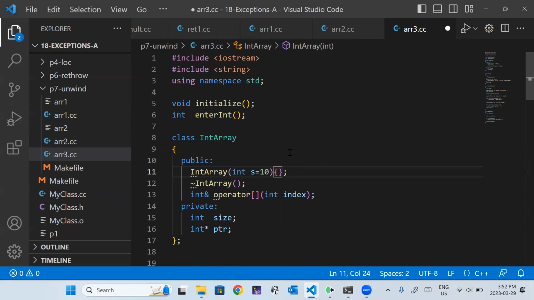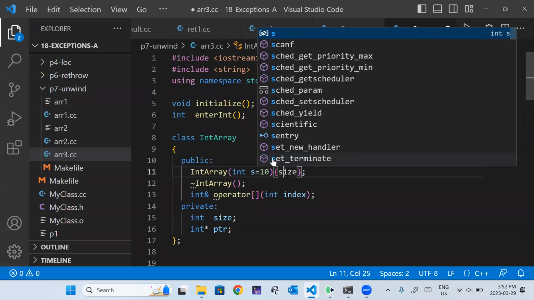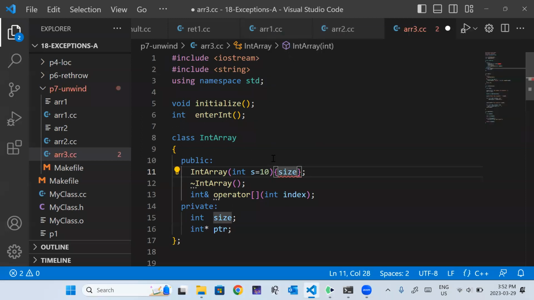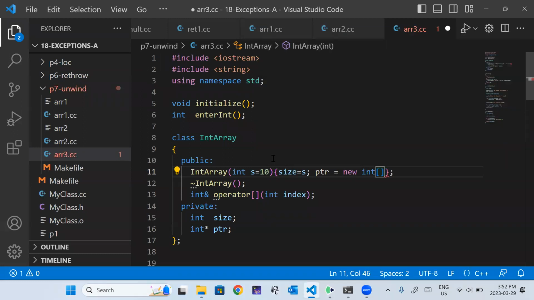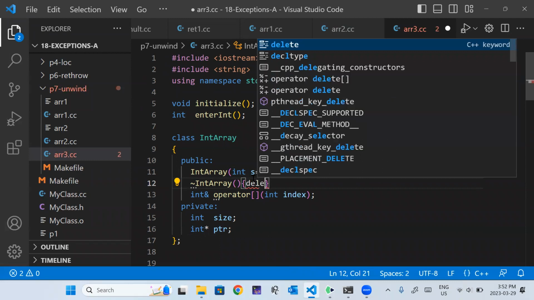But if we were stubborn and we really wanted to use our own class, well, we could initialize size, size equals s, and pointer equals new int s. Okay, so our int array now is going to hold the pointer for us, and the other thing it's going to do is delete it for us.